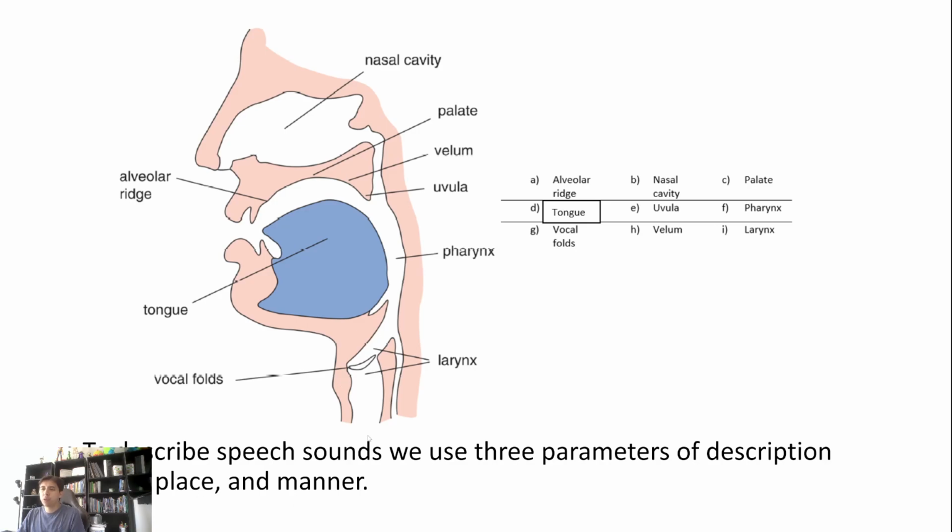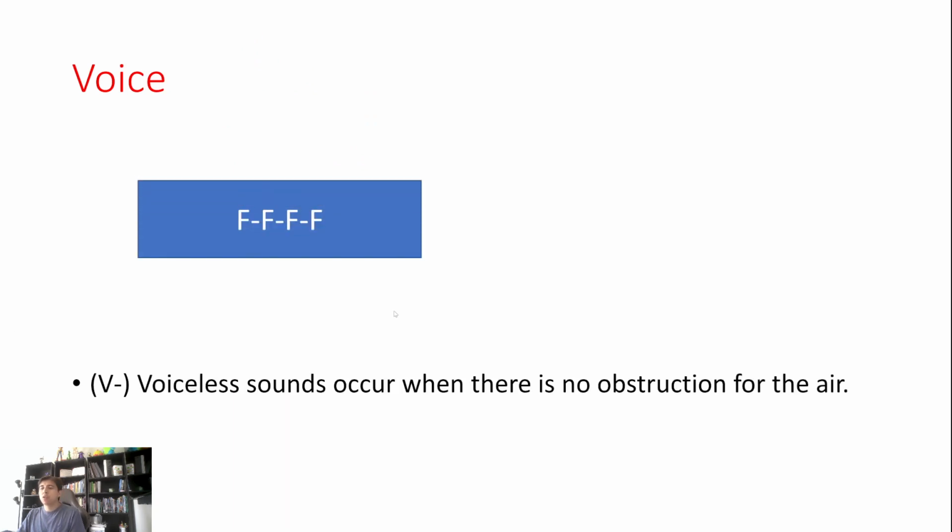I'm going to start with the voice because the air is going to flow here, and then the vocal folds are going to play an important role in the way that we create voiceless or voiced sounds. Voiceless sounds occur when there is no obstruction for the air, so the air flows. So here we have sounds like